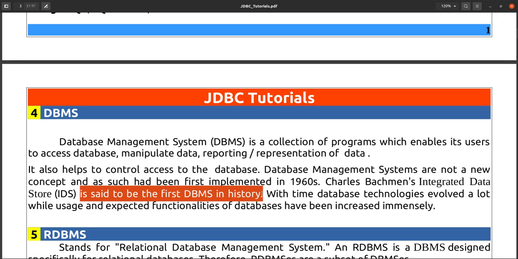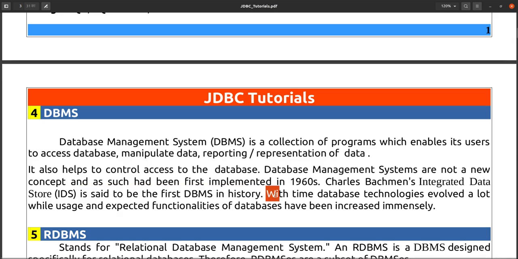With time, database technologies evolved a lot. It means now in the database management system, so many new concepts have been added: normalization, a better way to store, a better way to retrieve. So the technologies are changing over time.